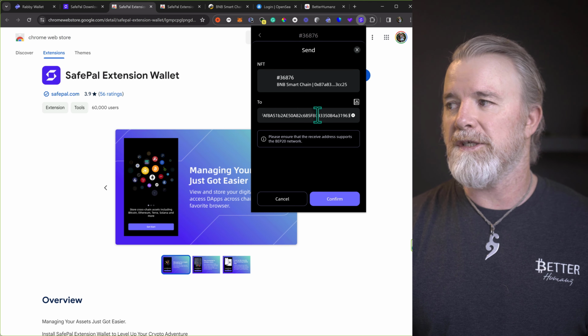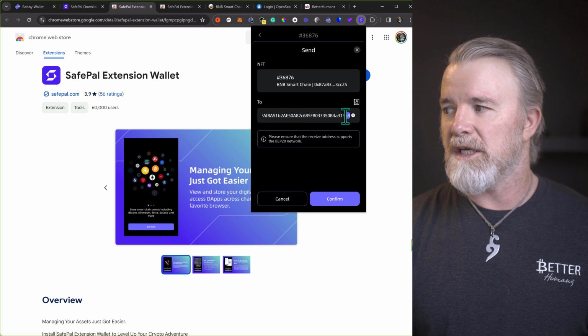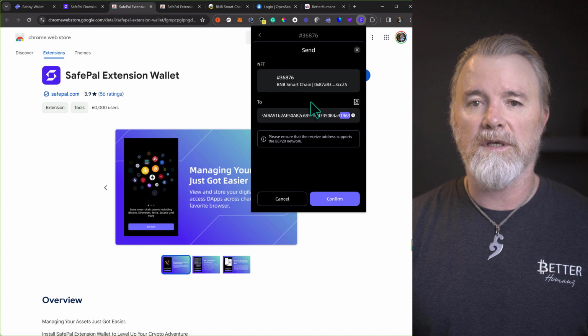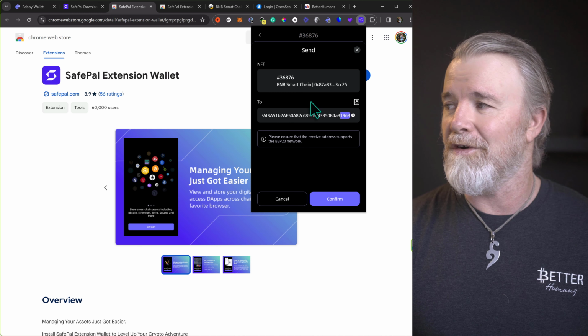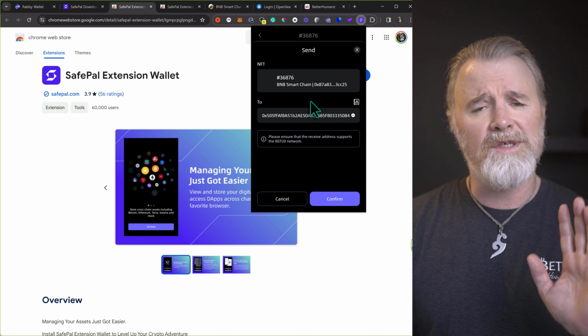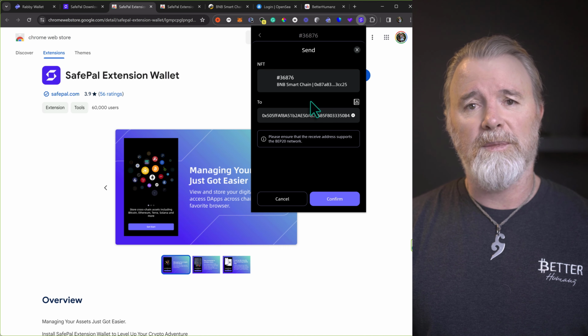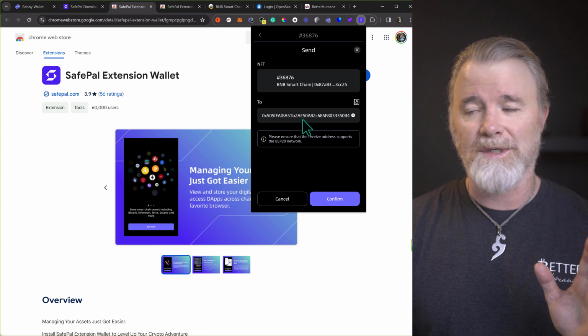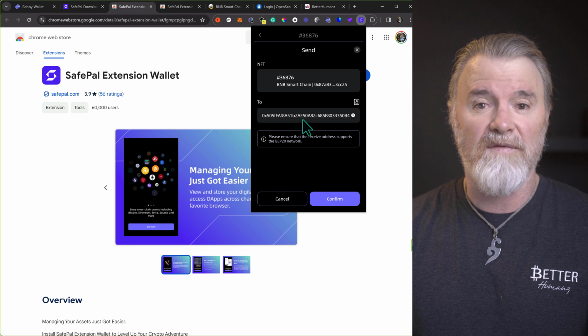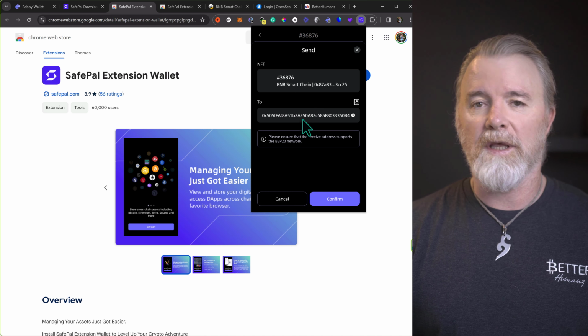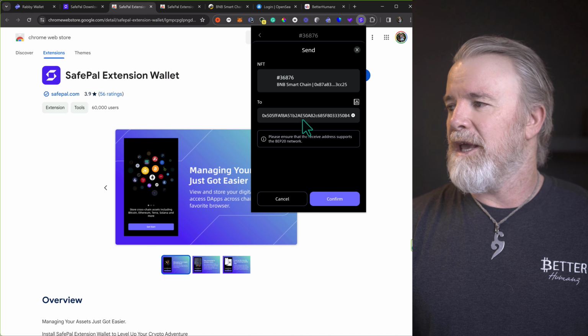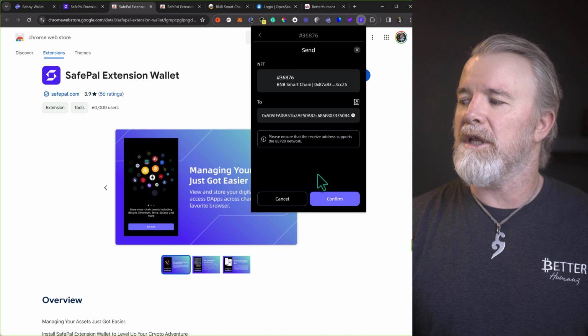So we've got a Tangent address in there. Always double check those last 4 digits. Make sure you're putting in the right address. Don't send your NFT to the wrong place, to the wrong address. All right, it's going to be so good when Tangent has FIO, because then we can just use handles instead of big long addresses, and then there's no way of getting it wrong, right? It's going to happen hopefully in the next few weeks. We'll see how it goes, and then all you've got to do is click on confirm.